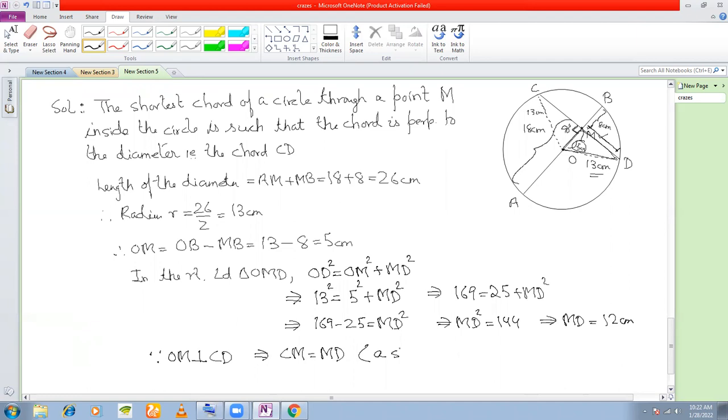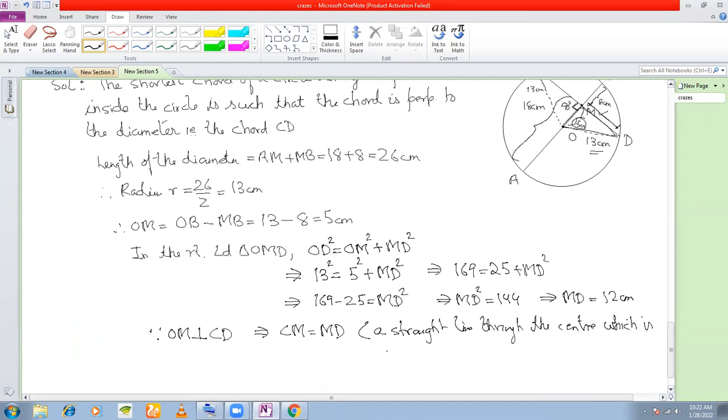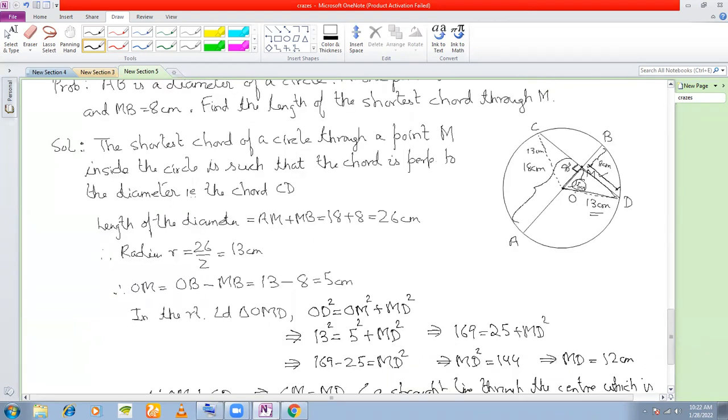A straight line through the center which is perpendicular to a chord must bisect the chord. That was the converse of theorem 1, right? So if CM is equal to MD, and if the length of MD is 12 centimeters,